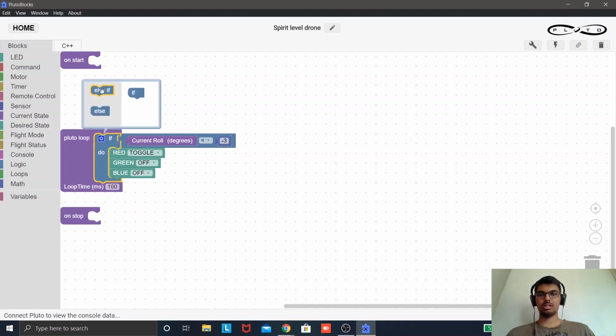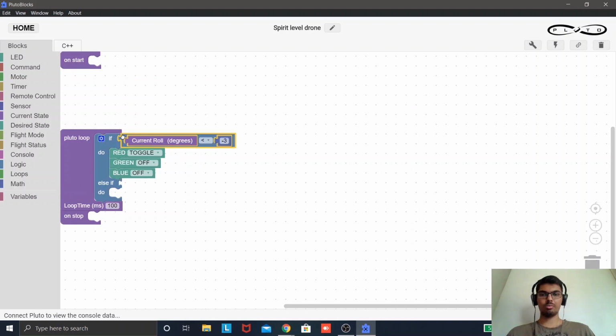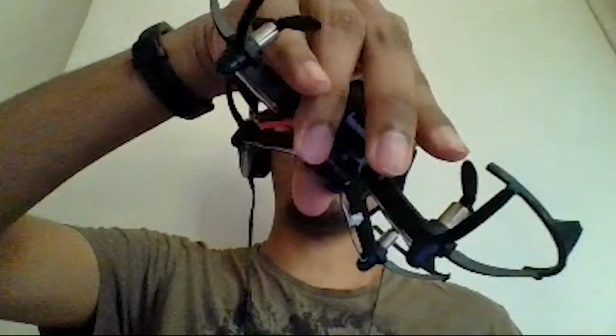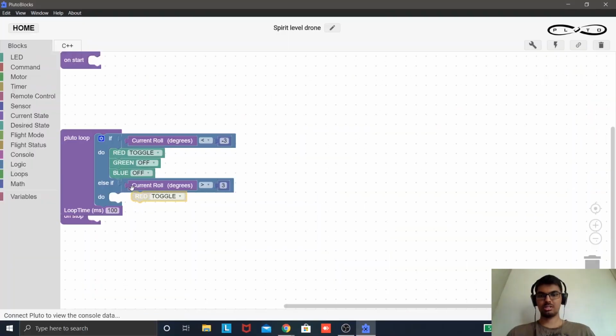Now I will add another condition. I'll copy paste this. If the current roll is greater than +3, on the other side, I will use the same LEDs.